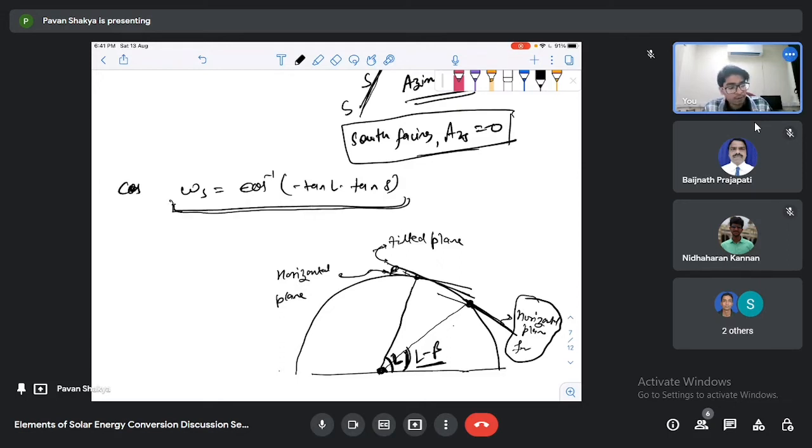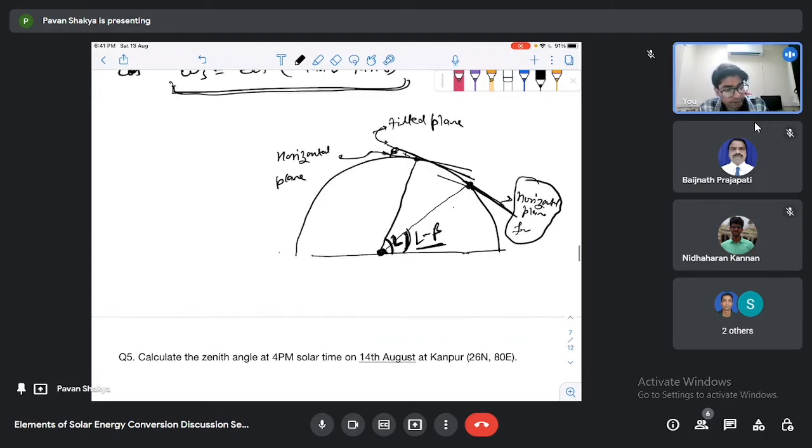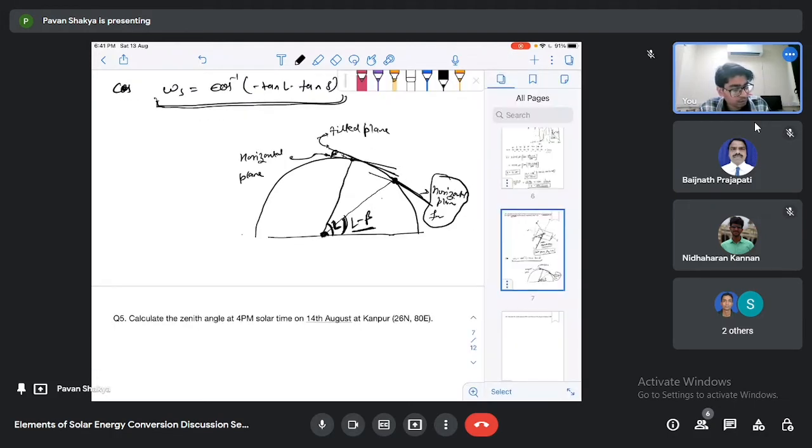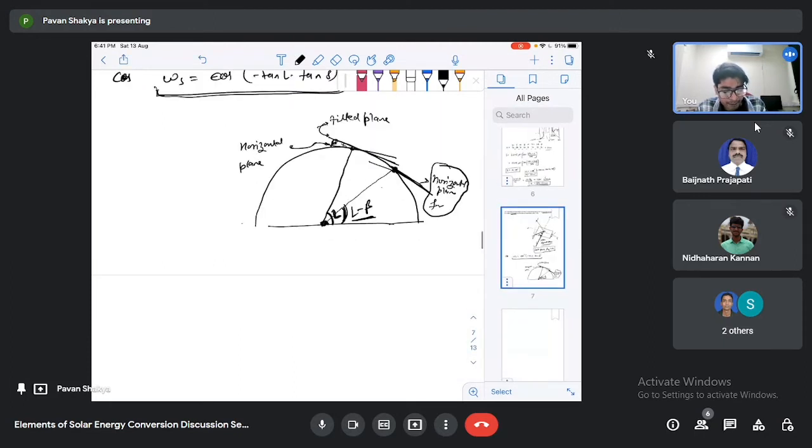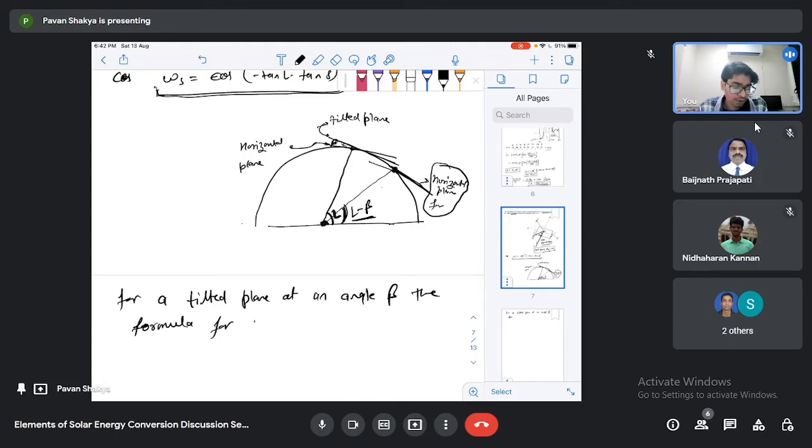Now with this discussion we can say that for a tilted plane at an angle beta, the formula for omega s